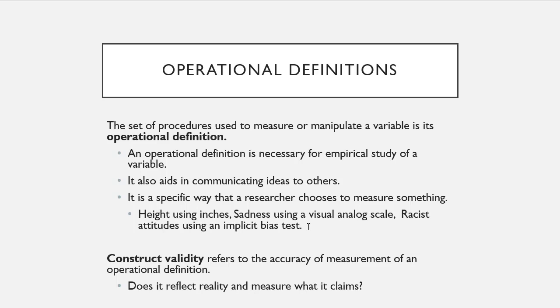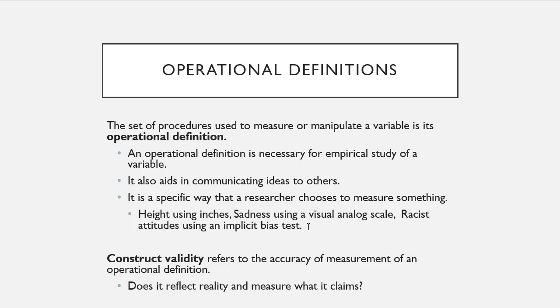If I measured sadness using the Beck depression inventory, I would probably have moderate to decent construct validity because it would be pretty much measuring the construct of sadness well enough. It's not perfect, but it's okay. So you might choose something else besides the Beck depression inventory to measure sadness. The idea of construct validity then is, does it reflect and measure what I am trying to measure? Is the way that I'm trying to measure something